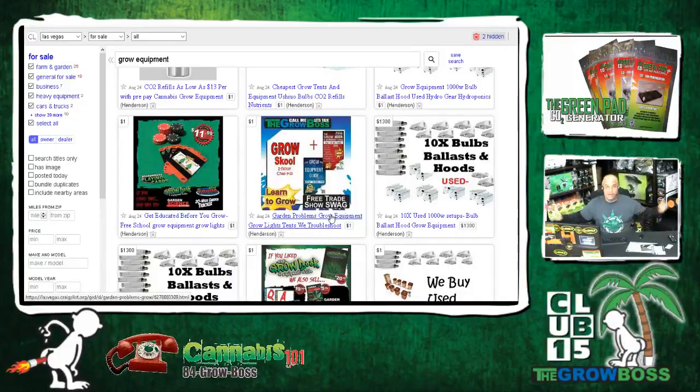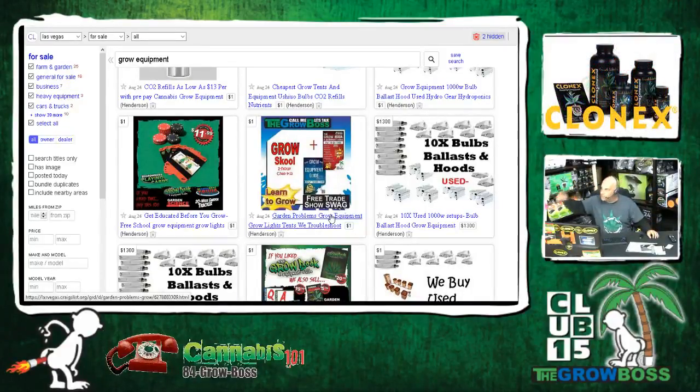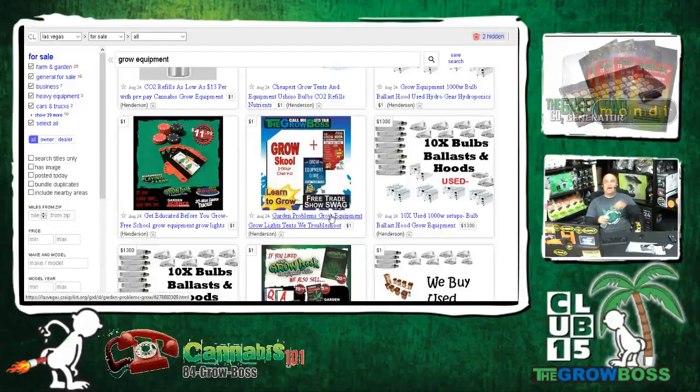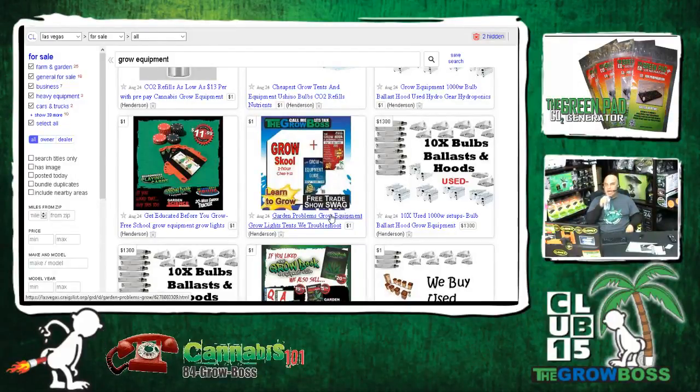How do they do it? They've got a VPN network. They get an IP address local to the state. So Craigslist thinks they're in that state because, listen, I've tried every different way to ghost Craigslist, and I'm damn good at what I do. And I've tried every different way to ghost Craigslist to get my ads in other states, but it's a waste